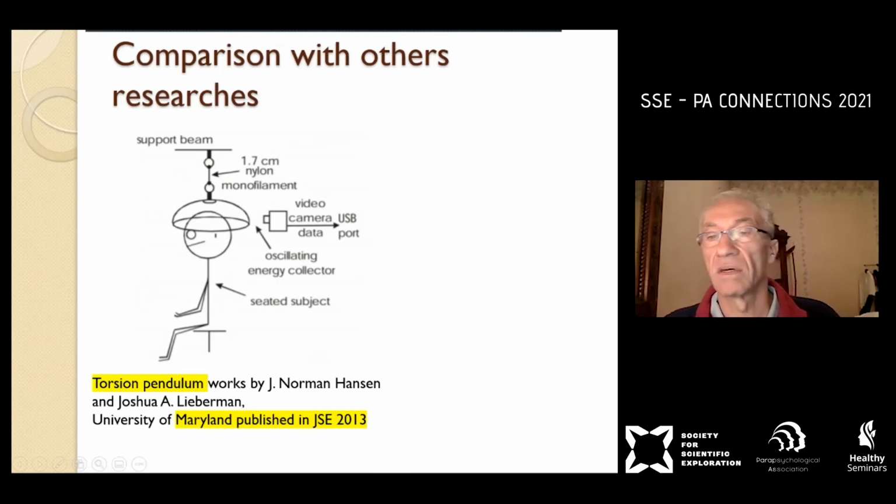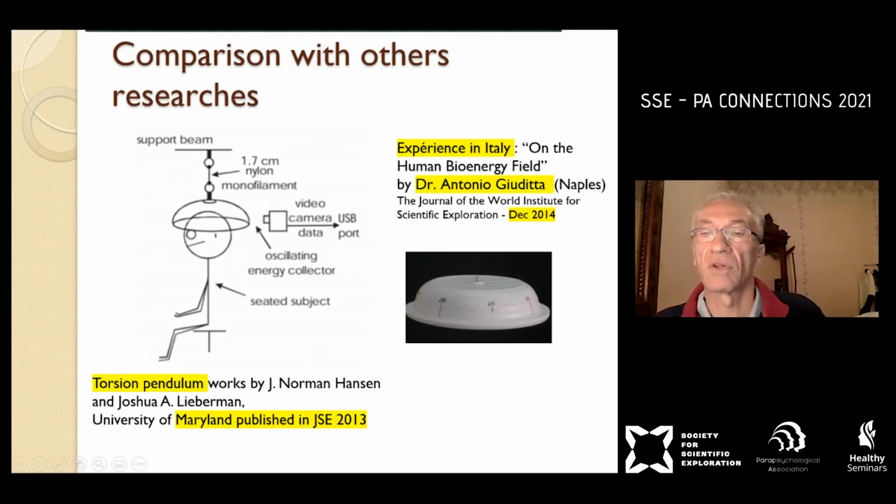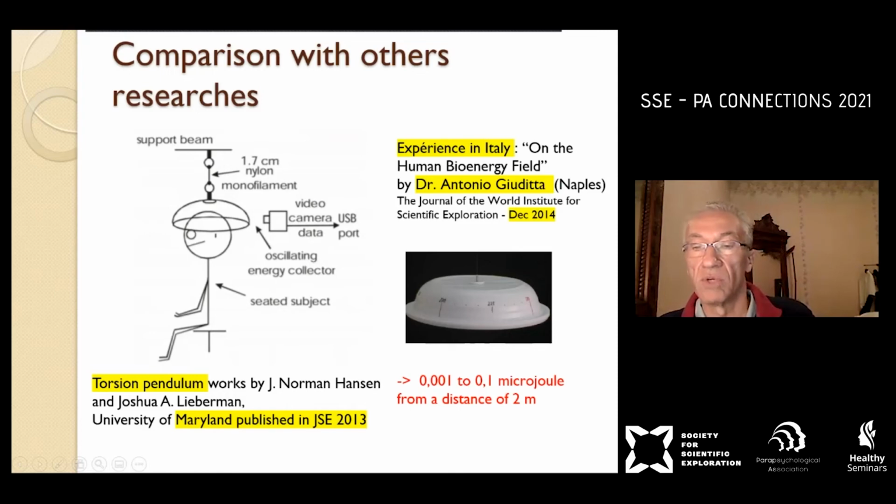And in Italy, Dr. Antonio Giudetta took the idea and used the same approach, but with a plastic plate in torsion, external to the people. So people are at 2 meters from these things suspended by a thread, and they also look at the impact on the torsion movement. And they made some calculations, and they published that they got 1,000 to 1/10 of a microjoule